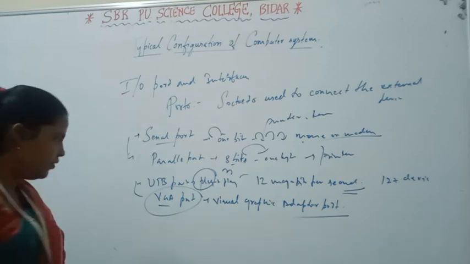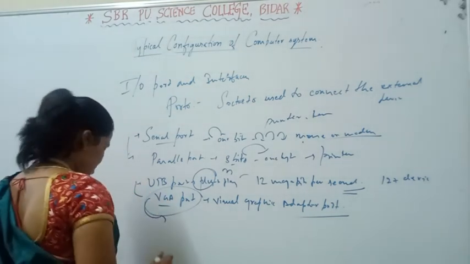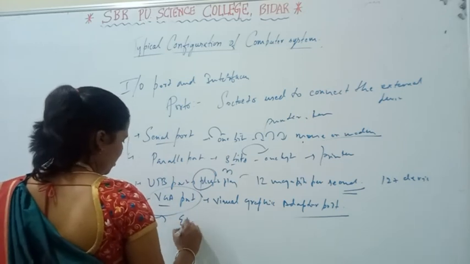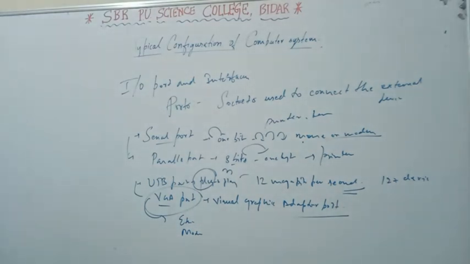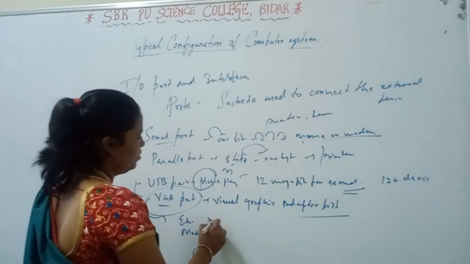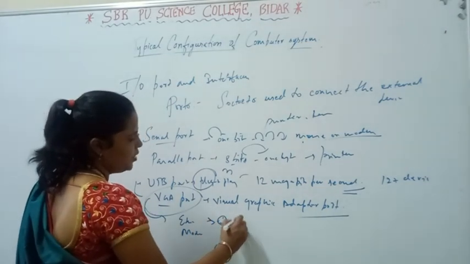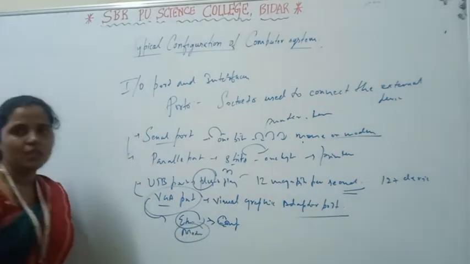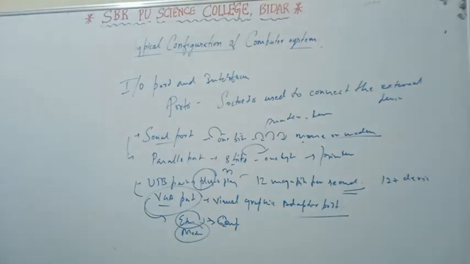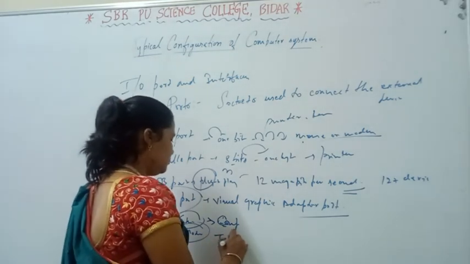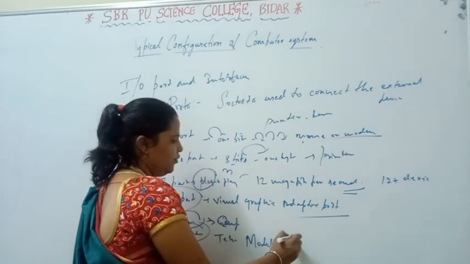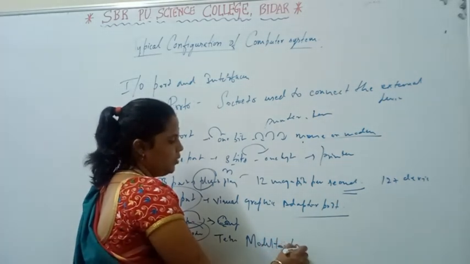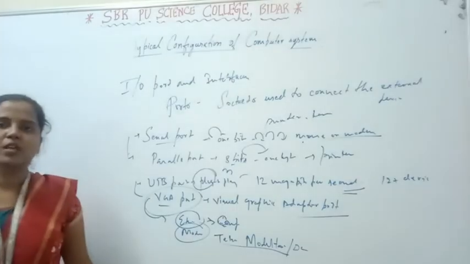Right. Now what kinds of devices come under this? Ethernet port and modem all come under this VGA port. With Ethernet we connect many computers to a high-speed network. That is Ethernet. And the modem: it is like a telephone network. Another name of a modem is modulator, demodulator. It is also a connection or network we can use.